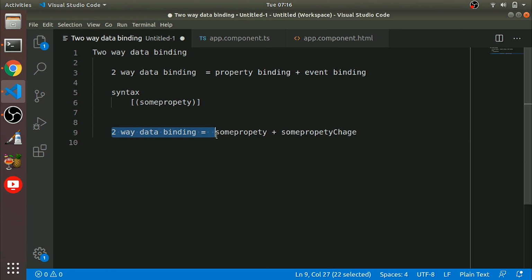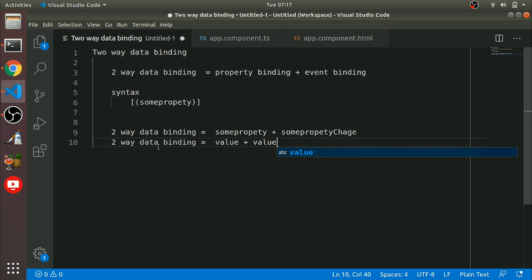If you want to bind to the HTML input type text element, we can do like this, value. So no HTML element follows this pattern, like we have a value property on the HTML input type text element, but we don't have a value change event. Hence they cannot use the above syntax.